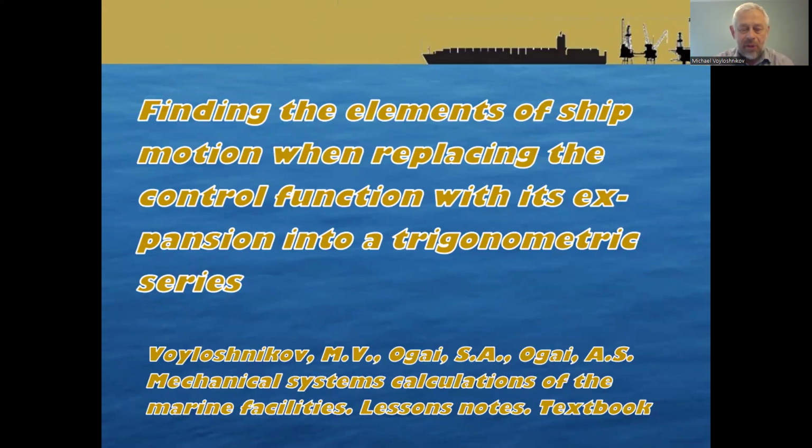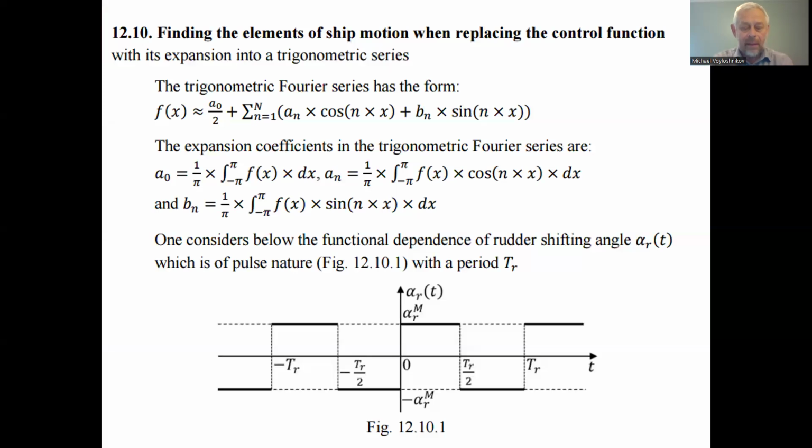Finding the elements of ship motion when replacing the control function with its expansion into a trigonometric series. Article number 12.10 of the book, Mechanical System Calculations of the Marine Facilities. Sometimes when we consider the issues of the ship keeping on the straight course by the control system, we have